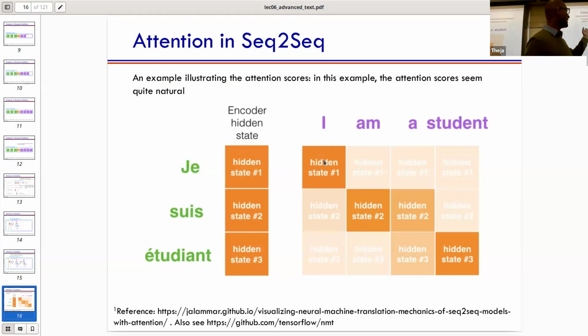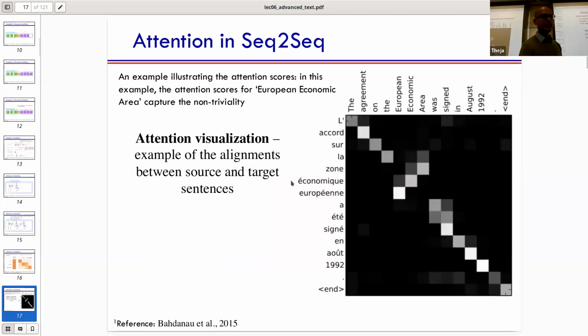Here the attention is mostly near diagonal. As you're decoding one word at a time, you're attending one word at a time, and the attention weights progressively move as well. But here's an example in the next slide where you can see the clear effect of